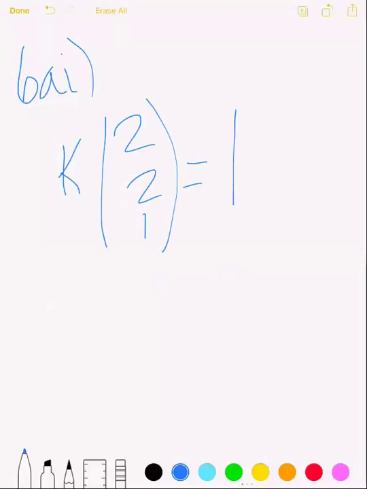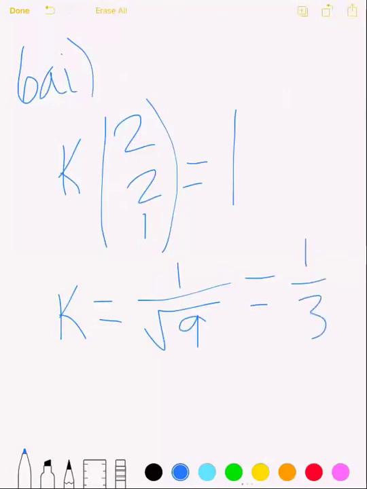So I can find this value by taking the magnitude. So k is equal to 1 divided by the square root of 9, which is 2 squared plus 2 squared plus 1 squared, which is 9. So we know this is 1/3,